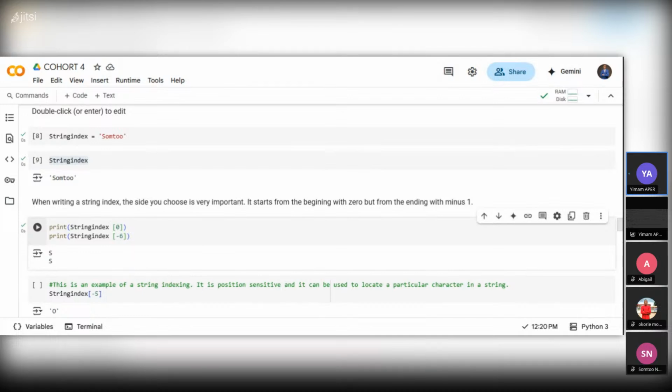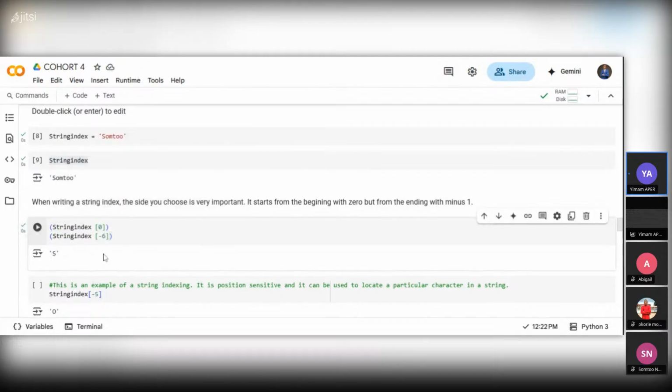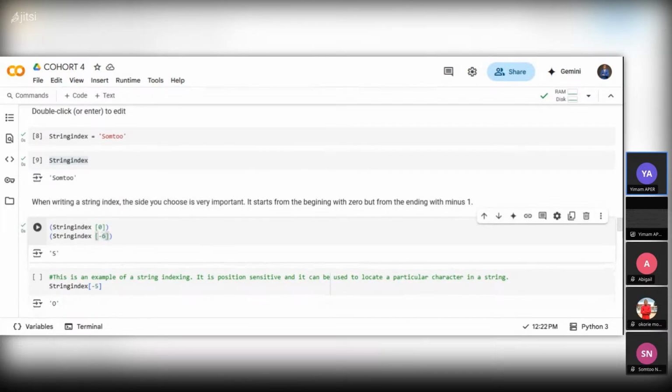If I remove this print, it will give us only the last one rather. It will obey the last instruction and give us only one S. But once the print is there, it's going to give us two S. Let me change this index number to something else. Let's produce the word SO, but I'll use the negative index. So let me put